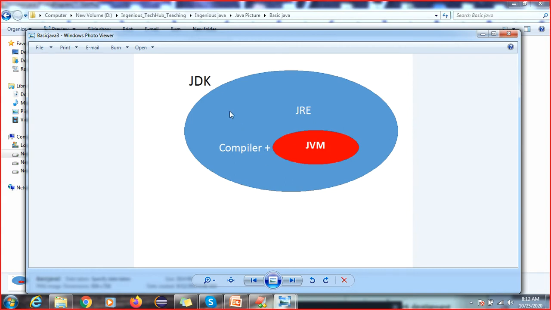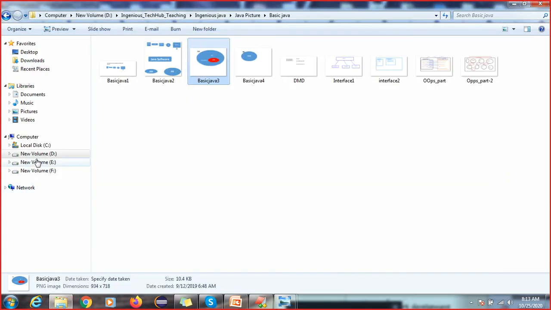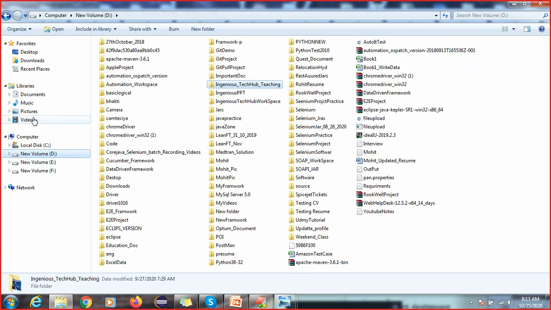This is my system, and if you execute your Java code in your system, it will not work, right? So we have one software that is called JDK software, Java Development Kit. I will tell you how to download this JDK and all. After downloading this JDK, you will get one exe file.